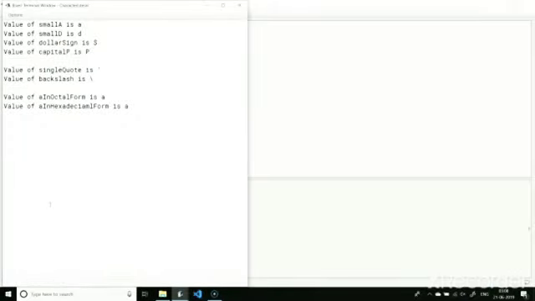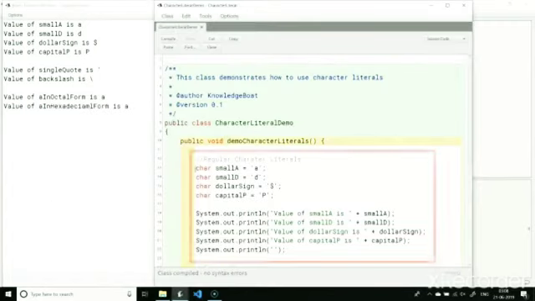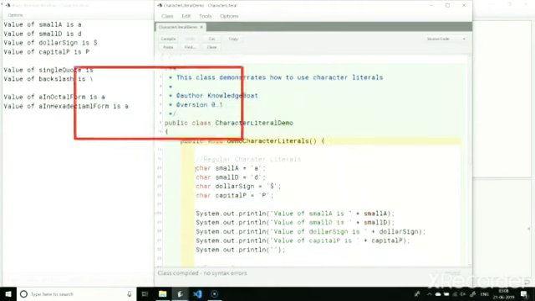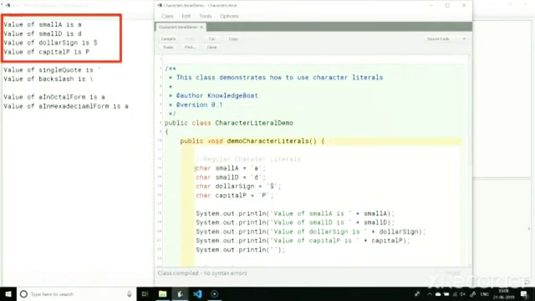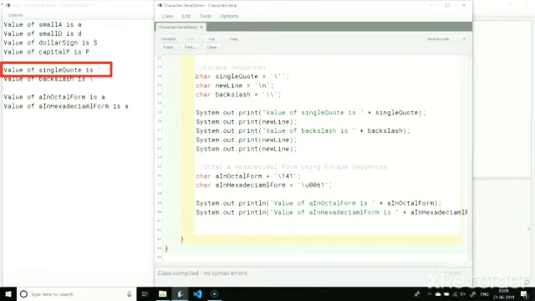We got our output. Let's go back to the code of our class. Here, we define the character literals in the regular way by enclosing them within single quotes and then printing their values. In the output, all the char variables have their expected values. Next, we use escape sequences to represent single quote, new line and backslash as explained earlier in the video. Then we first print the value of single quote. It gets printed properly, confirming that our escape sequence is correct and is working fine.